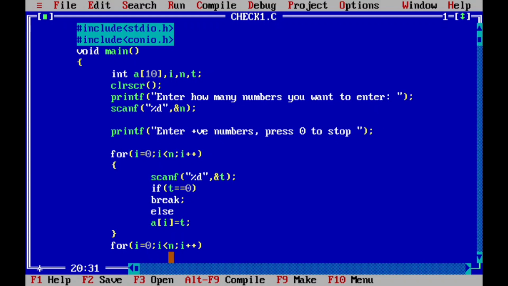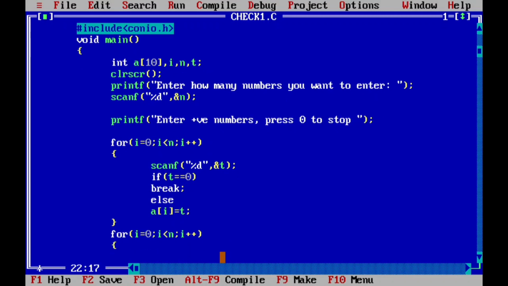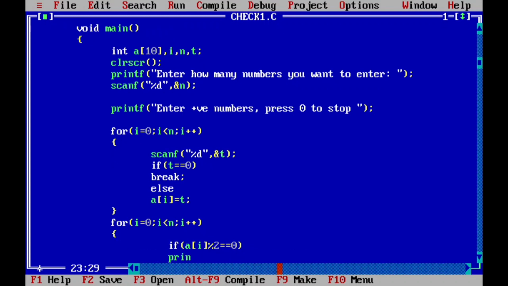See here, I equal to 0, then I is less than n, I plus plus, bracket open, then if a of I modulo 2 equal to 0. This is the condition to check whether the given number is even or odd. Here the given number is already placed in this array. So a of 0 modulo 2 equal to 0. If that condition is true, then printf